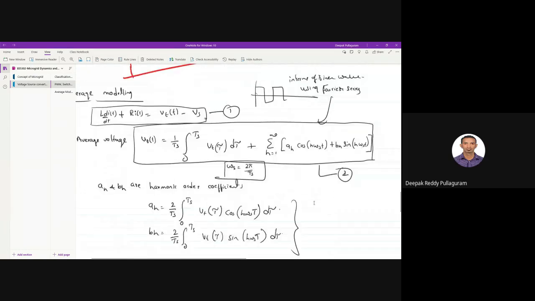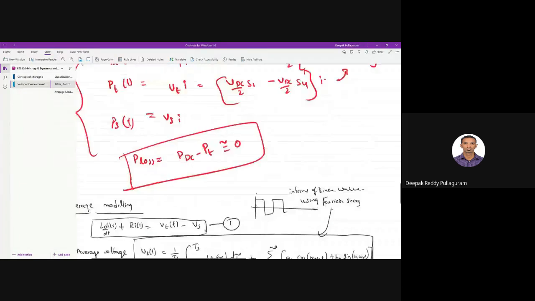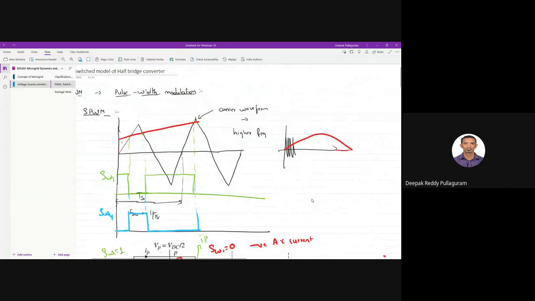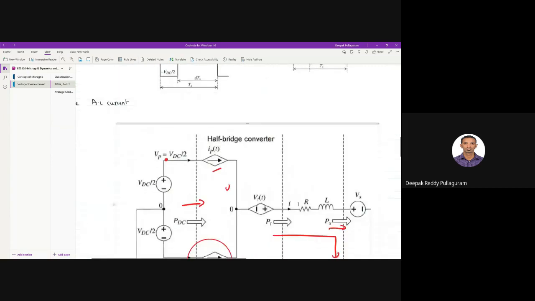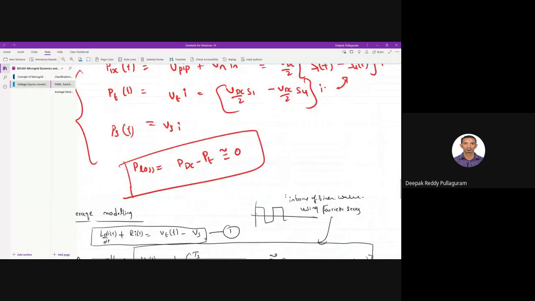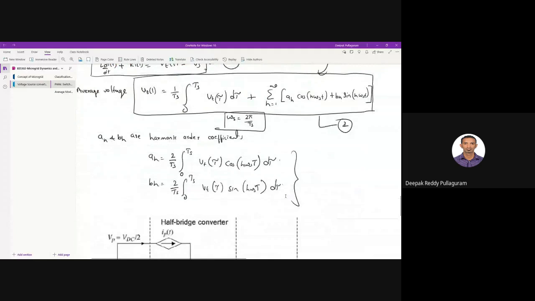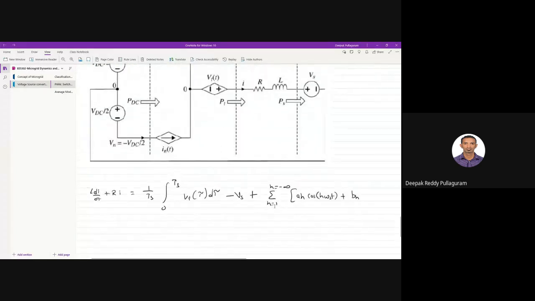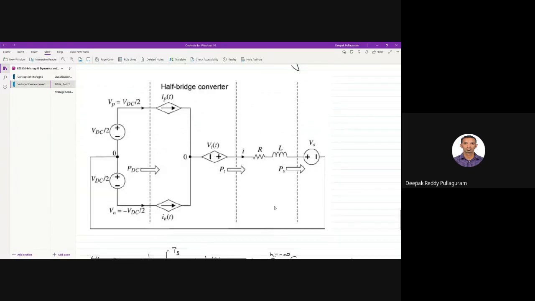The reason is that we are talking about a switching instant, as we said in the last class. The switching is 10 times or 100 times faster compared to your modulating signal, so for that reference it looks more or less like a DC. We are looking only at the switching cycle, not the entire sine waveform, only one switching cycle. Do you get my point? That's the reason we assume it as a DC.